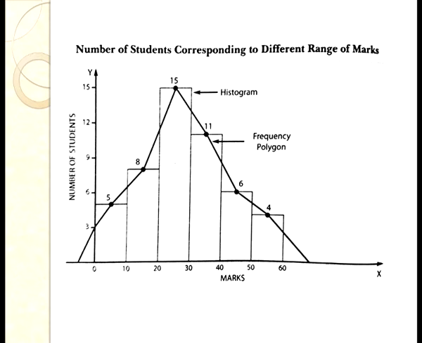Now, how do we start and how do we end? To start, we need a point on the x-axis on both sides. So, on both sides of the histogram, we have to find the midpoint of the next class or the previous class. Then we start from this midpoint and join all the points with the help of a scale. We can easily see we have drawn the frequency polygon. This is how we draw a frequency polygon with the help of a histogram.